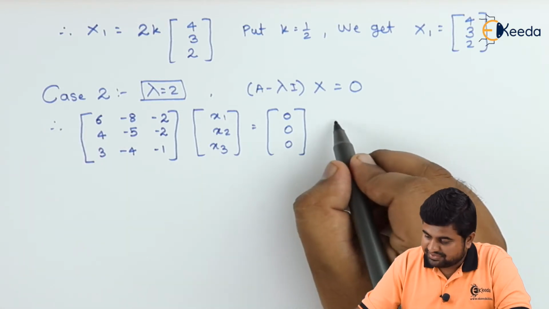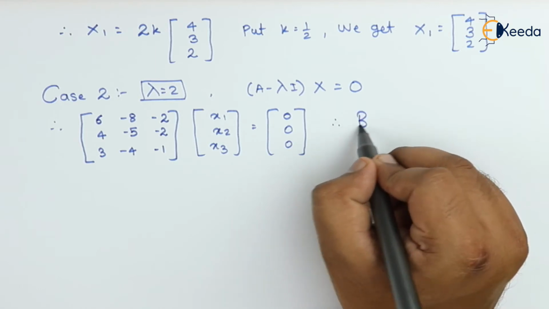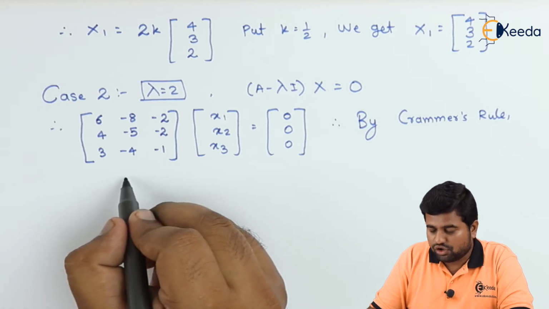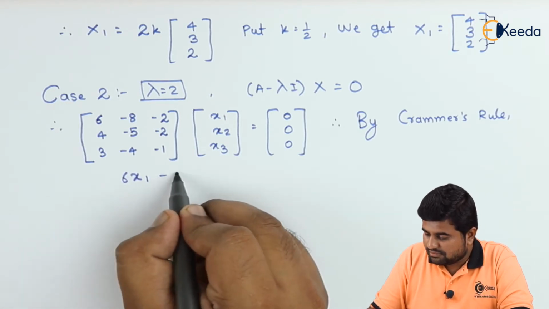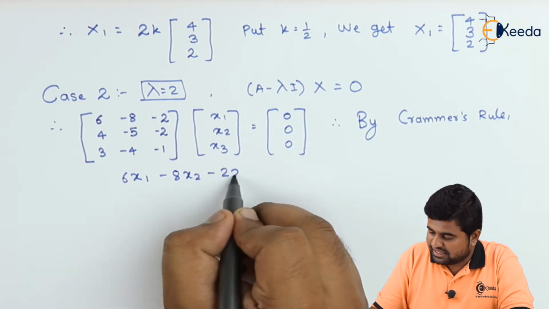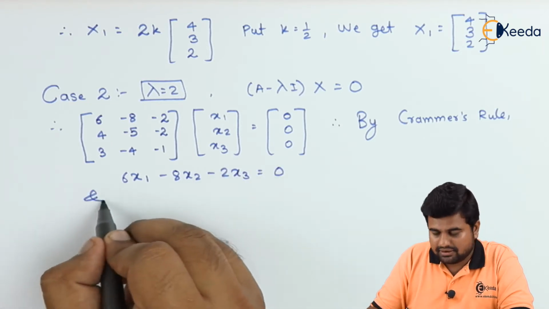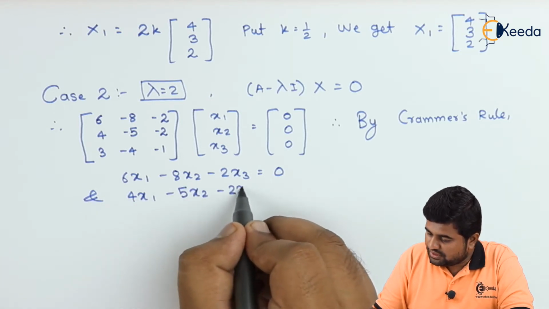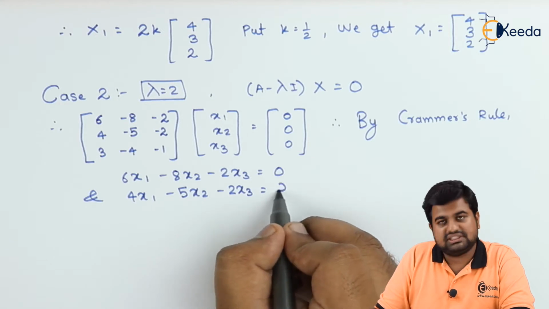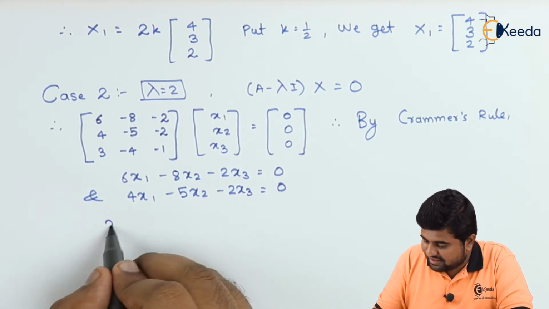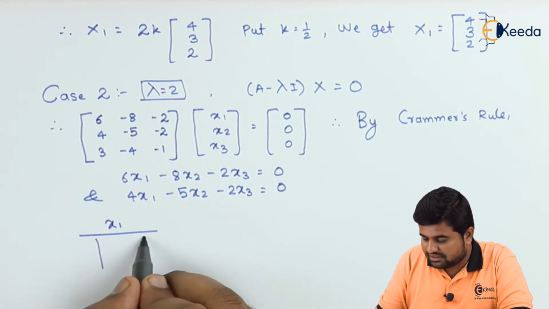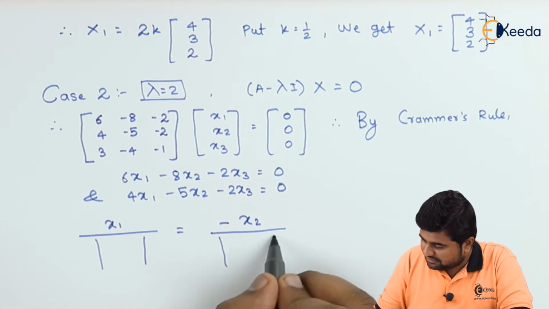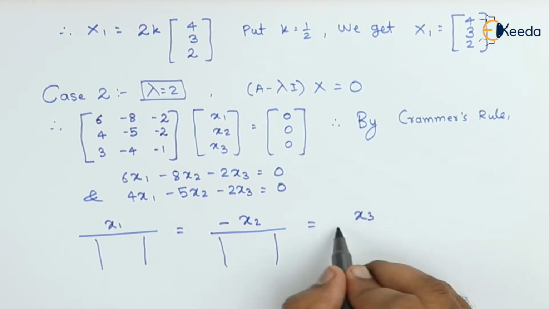So therefore, Cramer's rule, we have got 6x1 minus 8x2 minus 2x3 is equal to 0, and 4x1 minus 5x2 minus 2x3 is equal to 0. So by Cramer's rule, what do I have? x1 divided by particular determinant is equal to minus x2 divided by particular determinant is equal to x3 divided by